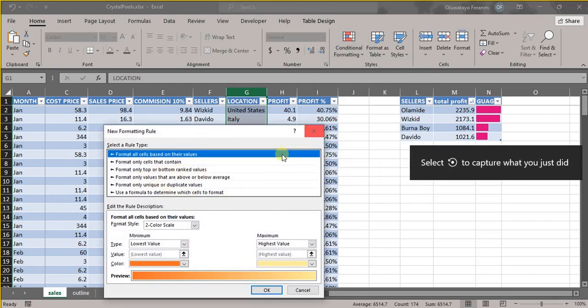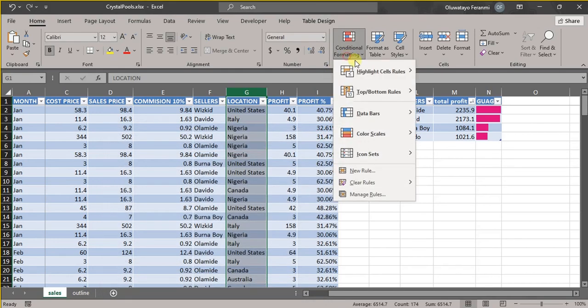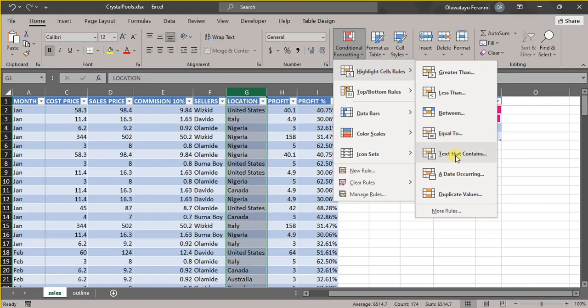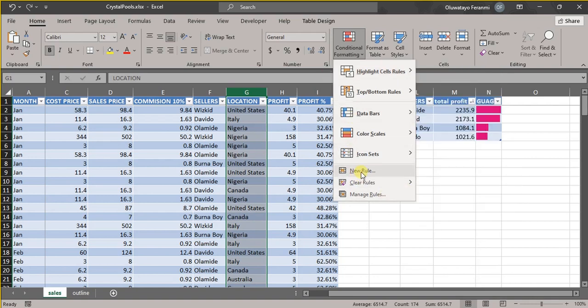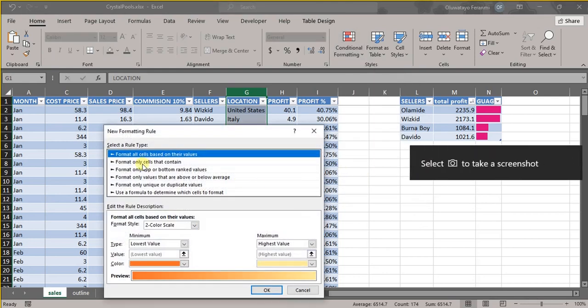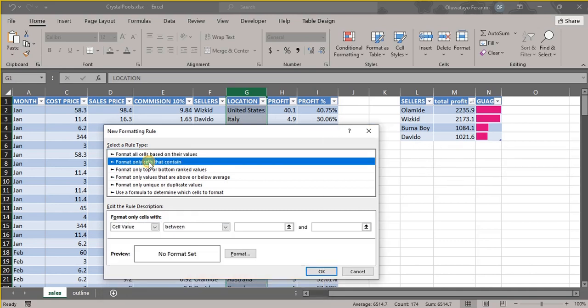So what you're saying is the same thing as when you go to conditional formatting and say text that contains. Some of these things are the same as what you see in new rules, so either way is okay. So new rules, format all cells based on their values, format only cells that contain. I like to use this a lot. When you want to use conditional formatting for text,